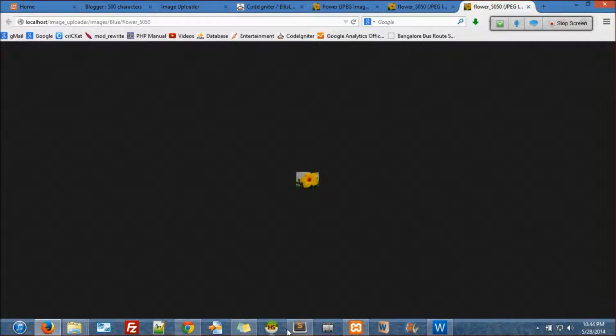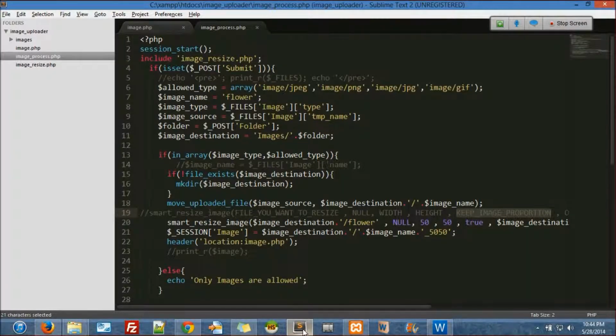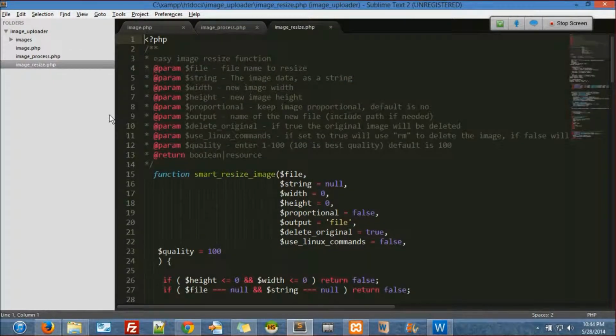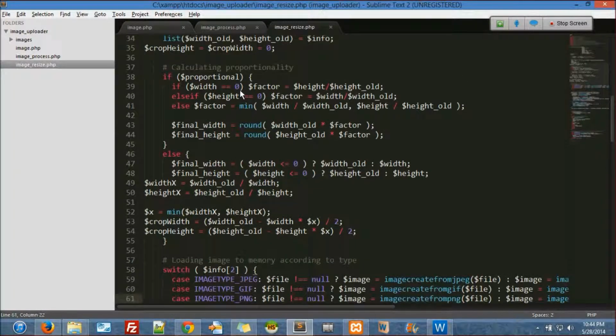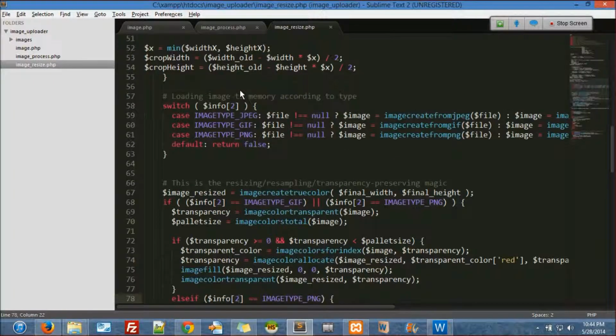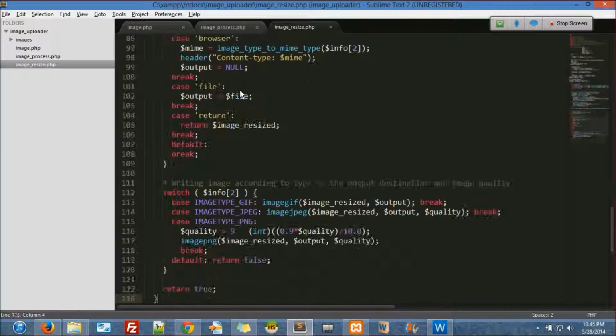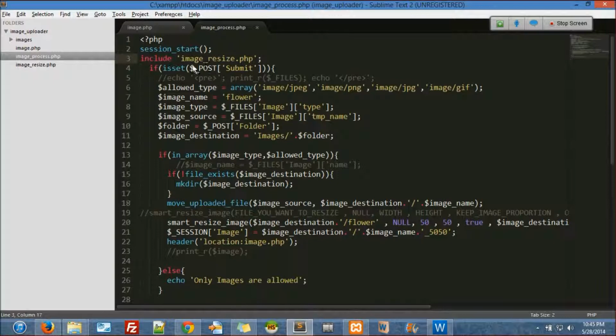Okay, I'm going to explain one more time. No mystery in this. I'll upload this file, image underscore resize. Just include it, do not open it, because if you open it, this is what you see in here. It's a huge code. The underlying code is all the GD. GD is an image library of PHP. Okay, we don't need the underlying code over there.